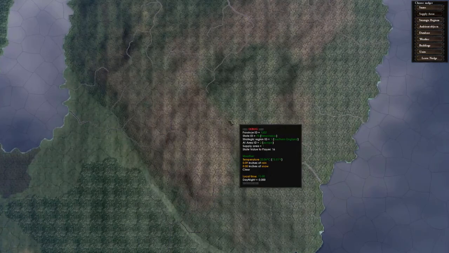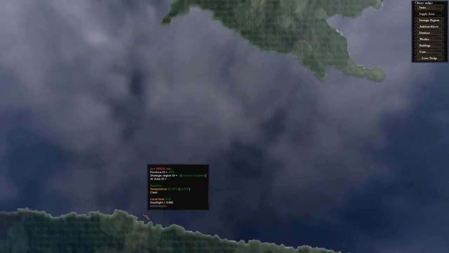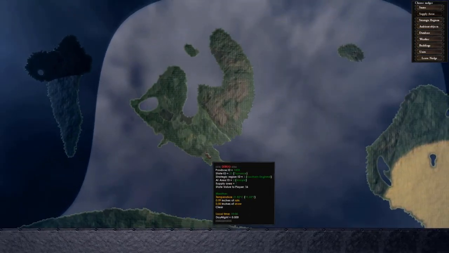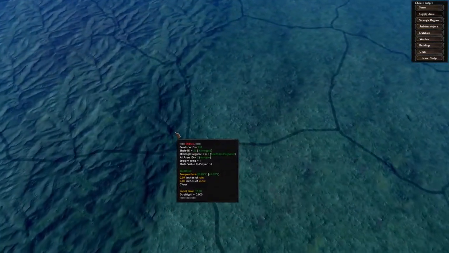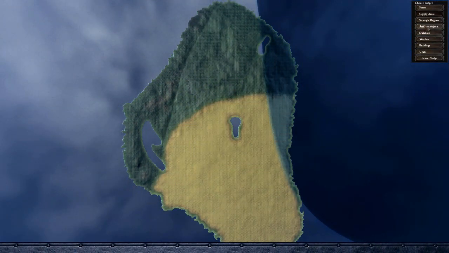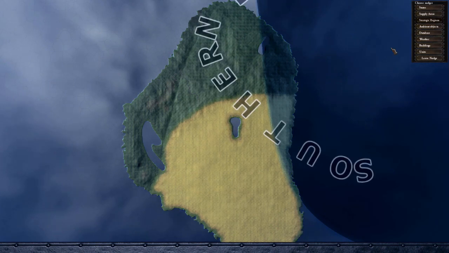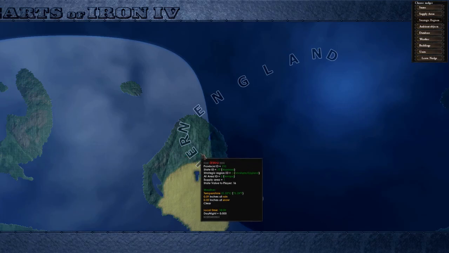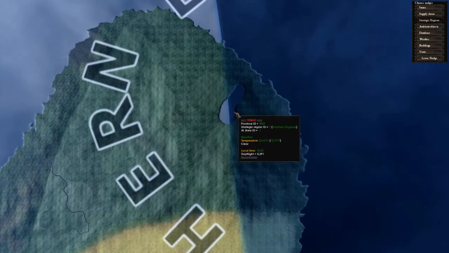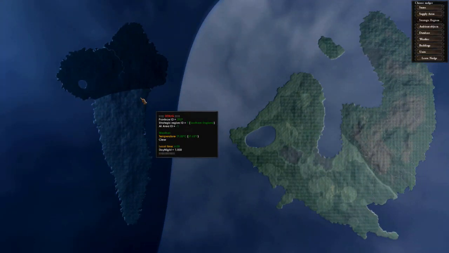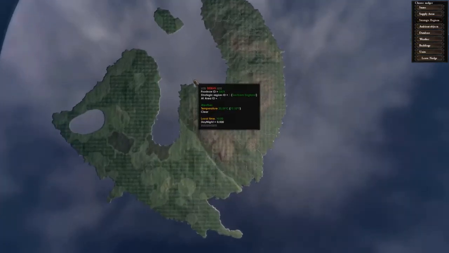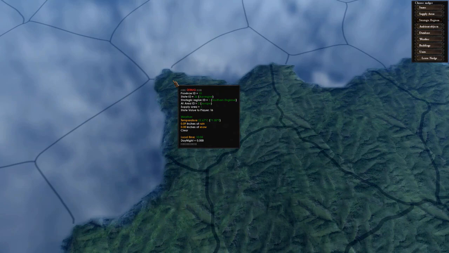Supply areas, again, right now it's just one giant supply area. Later, you're going to want to make a lot. That'll be time consuming. I don't have a tool for that yet, but I might be working on one. There's a chance. Not too sure though. Strategic regions will say Southern England just because localization hasn't been done yet. I might make a tutorial on that as well. I don't know if I'll continue this series. Don't expect coming into this that I'll show you how to make everything, but I might make a few tutorials on how to get started, and then you can just search up from there on out. So yeah,